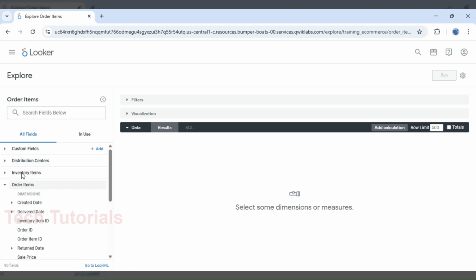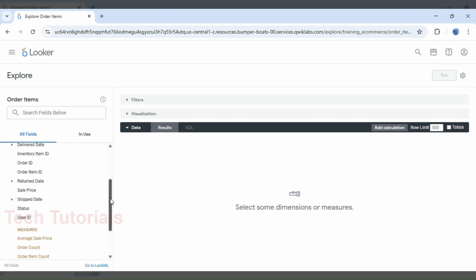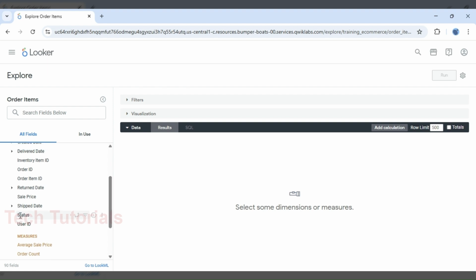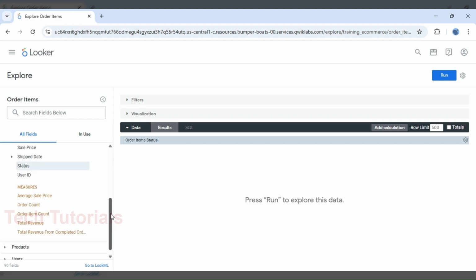So what we have in the bottom right, we can see at the bottom level. Now we are going to do some kind of analysis, like the status-wise total revenue. If you would like to see the status-wise total revenue,